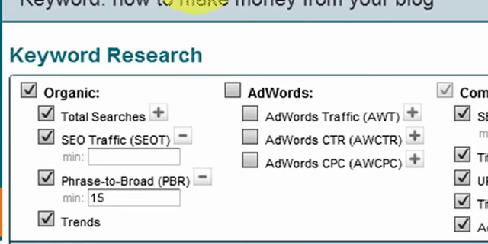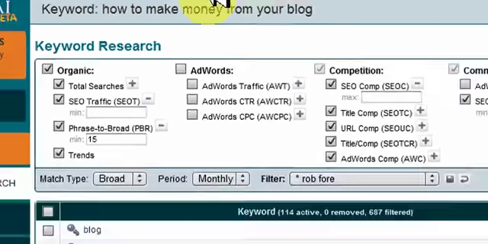Now I like to put, some people put in a short keyword as a seed keyword. I like to get in a keyword phrase. It's just the way that I do it. You'll find a different way. Everybody has their own way of doing their keyword research, but I just want to give you an idea how I actually do mine and how you can use exactly the same. So this is what